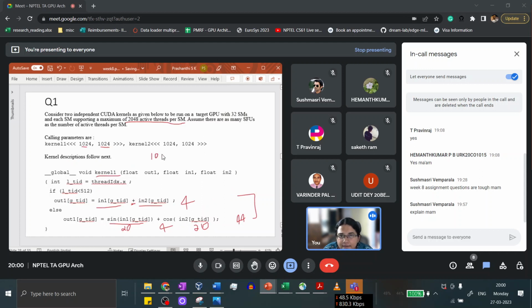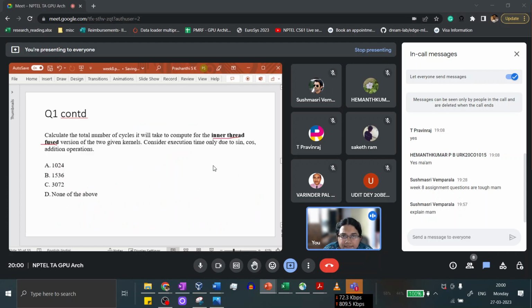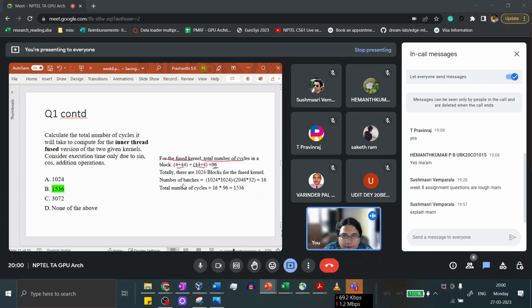So that kernel will also have the same launch parameters 1024 comma 1024, right? So now think about how many times this needs to be executed. So how many batches do you have. Basically that will be your number of threads, which is 1024 cross 1024, total number of threads,